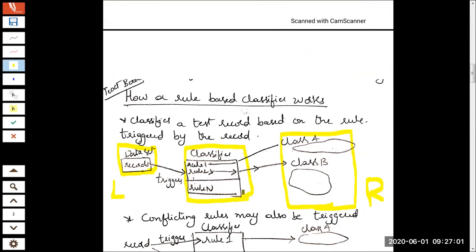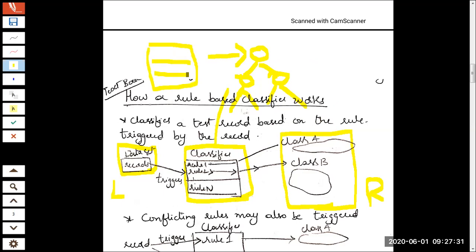Now, how was this classifier built, or how can it be built? In the previous discussion, we understood this classifier could be built by constructing a decision tree, and the decision tree was nothing but the classifier. The next question was how this decision tree was constructed. This decision tree was constructed using the previous training records. Previous data was there. This was my record, this was my training record.